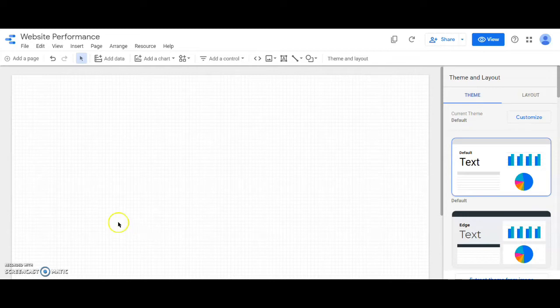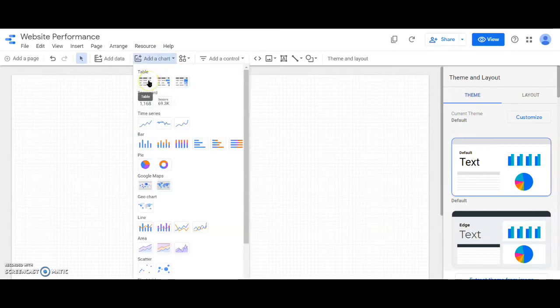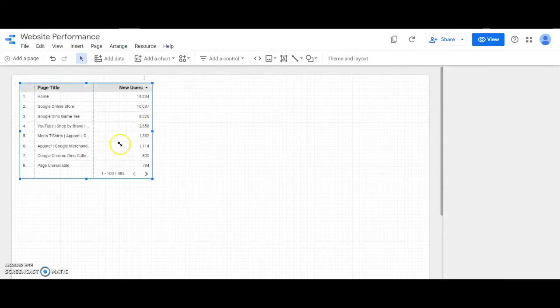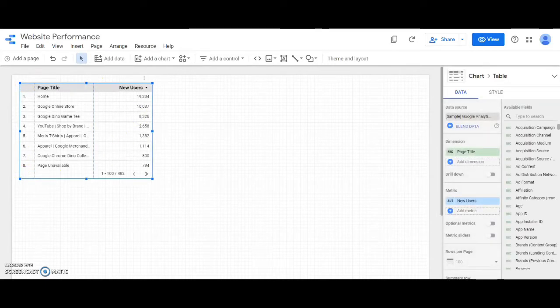Right. So to do that, I'm going to click on add a chart. I'm going to select table and I'm going to insert it here. So this is a default table that gets inserted. We are obviously going to modify it to include all the data that we need for our report. To do that, just make sure that your table is selected. Then you go to the right side panel.